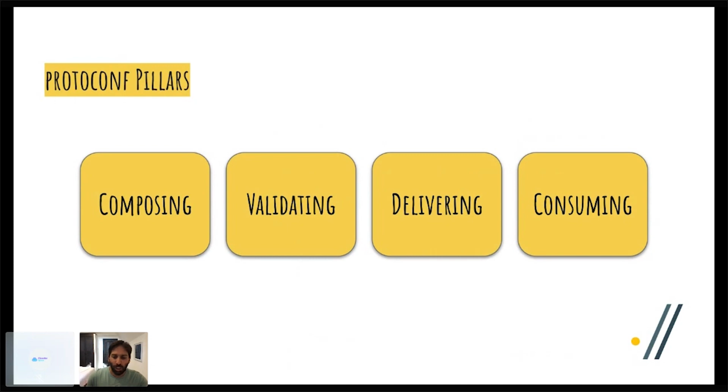In fact, when I talked with a friend about it, that maybe people will be afraid to use the agent in production, he said, well, the agent is so simple that you can basically rewrite it in Rust, and this is what he did. He wrote a Rust version of the Protoconf agent and gave it to me as a birthday gift.